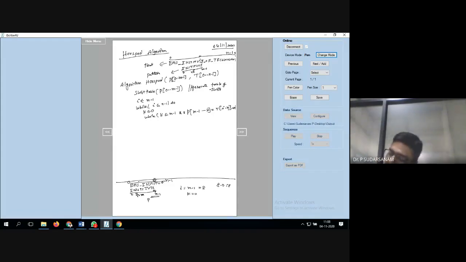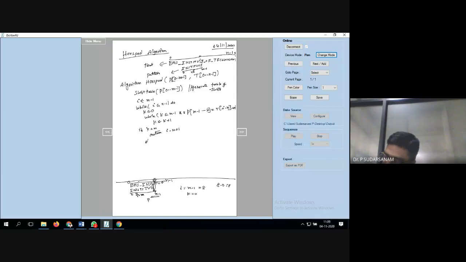Next, once it is finished, if these two are not matching, you have to decrement by 1. So you have to take it like this, that is you have taken k. So k is equal to k plus 1. That's all your program. Now write: if k is equal to m, return I minus m plus 1. So if it is true, return I minus m plus 1.